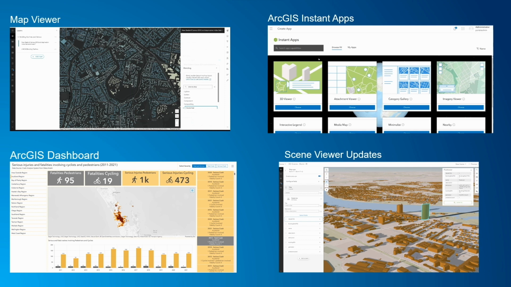You can also start using the new ArcGIS Dashboards, which is built on the ArcGIS JavaScript API 4.x with improved performance and new capabilities. The scene viewer has received an update as well to allow for editing features inside the scene viewer, create elevation profile charts, and when you have changed the symbology of a layer, you can now save that to the layer. So the next time you use that layer, it will use the saved symbology.